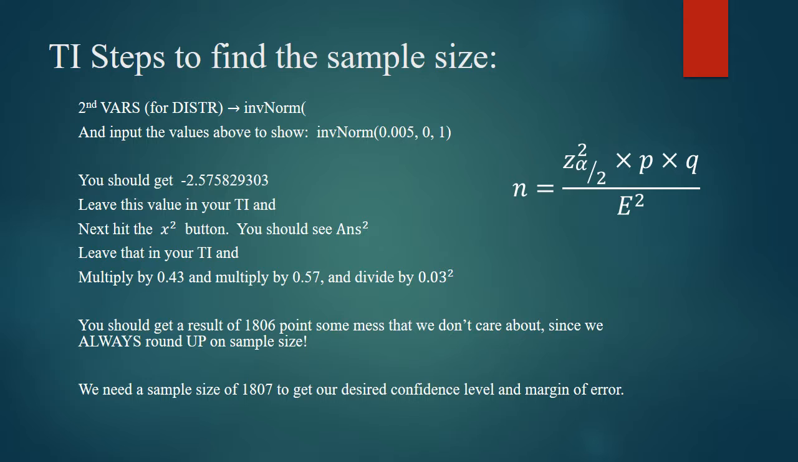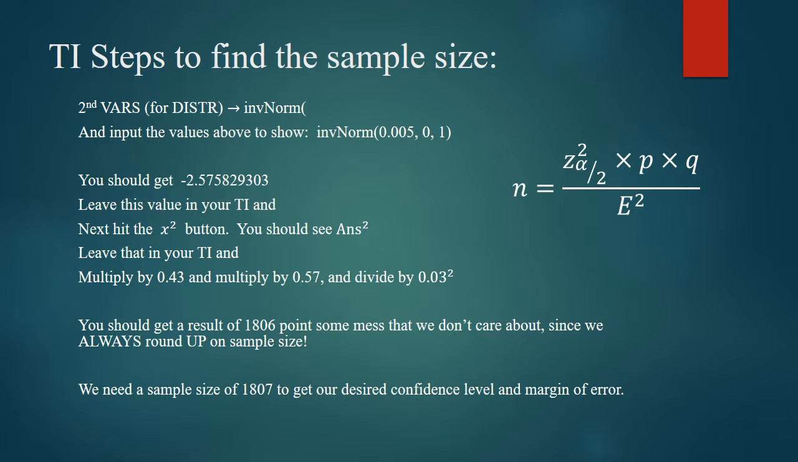Don't bother writing that down. Just keep that in your calculator. Don't hit enter after that. Don't leave that in your calculator and then hit the x squared button. What that's going to do is square the result that you got. It's going to give you that z alpha over 2, which you just found, and square it. And then go ahead and leave that in your TI, times 0.43, that's your p-value, times 0.57, that's your q-value, divided by